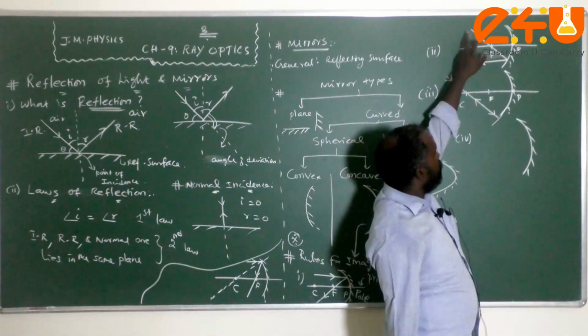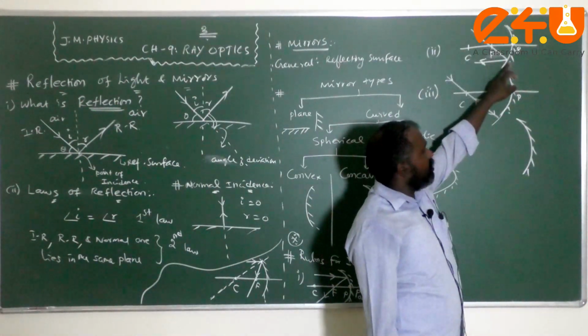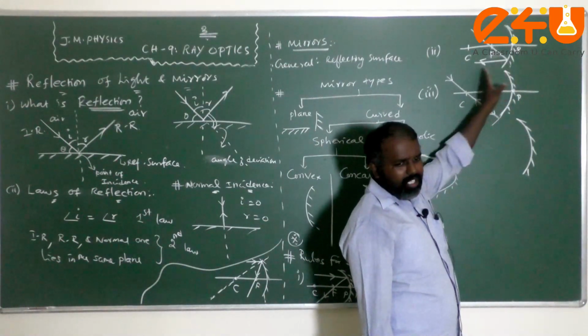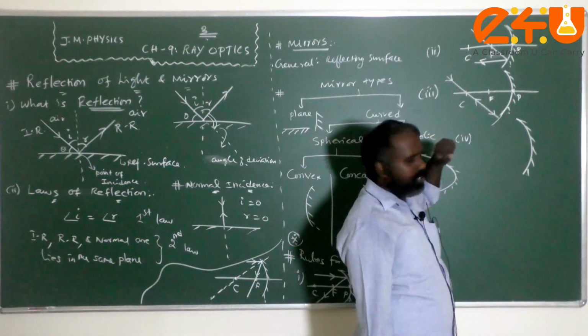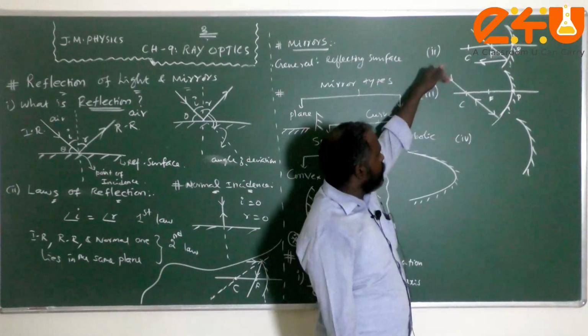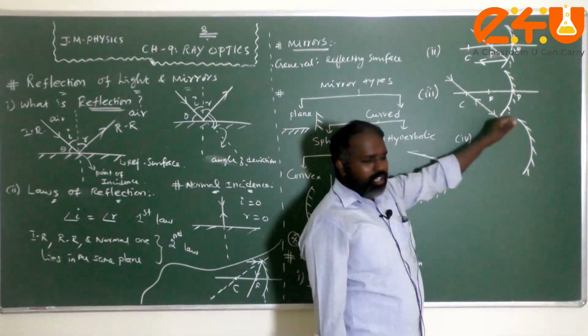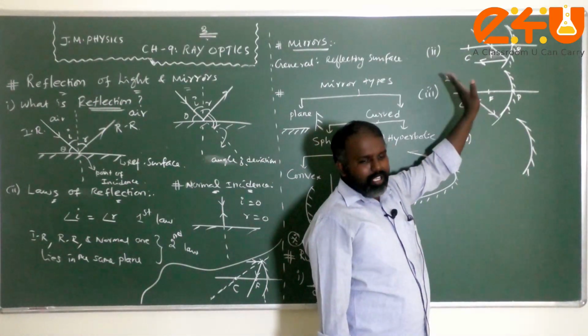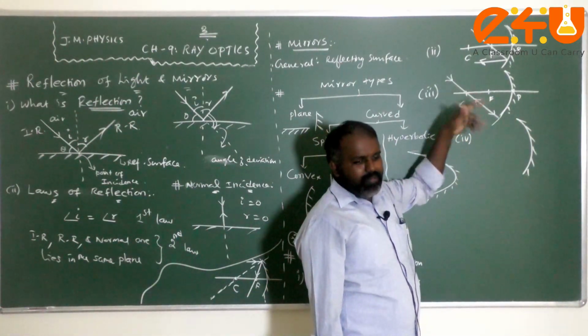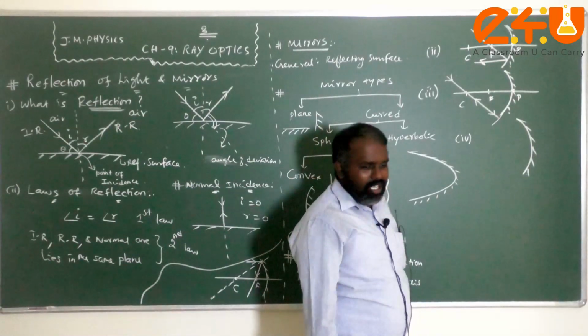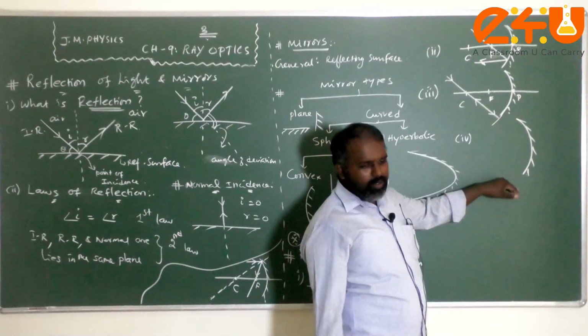Second rule: if the incident ray passes through the principal focus, after reflection it is parallel to the principal axis. Third rule: if the incident ray is passing through the what, children? Center of curvature, it will be reflected back. All these three, with a slight modification, are applicable for lenses also, but the fourth rule is applicable